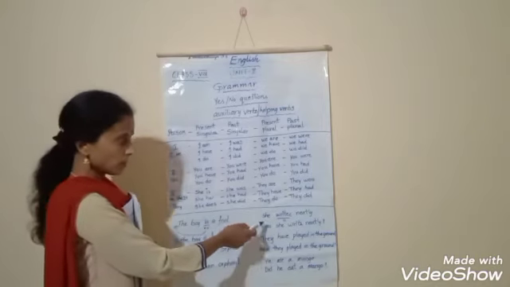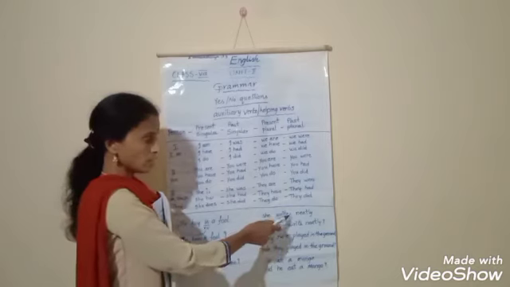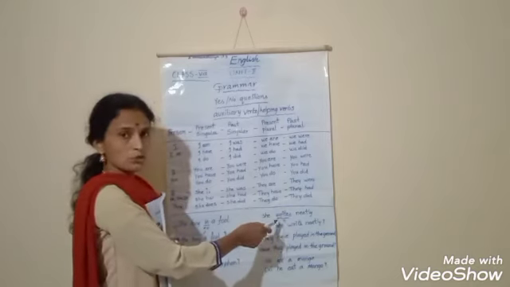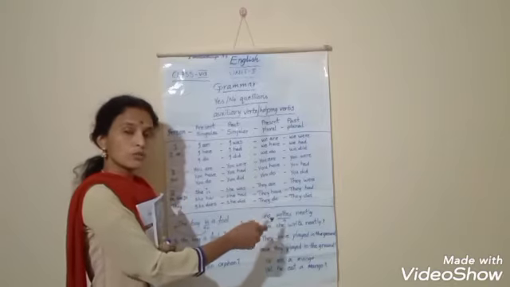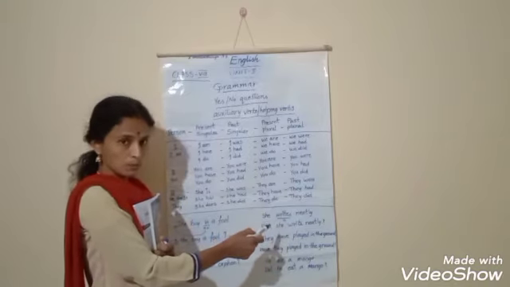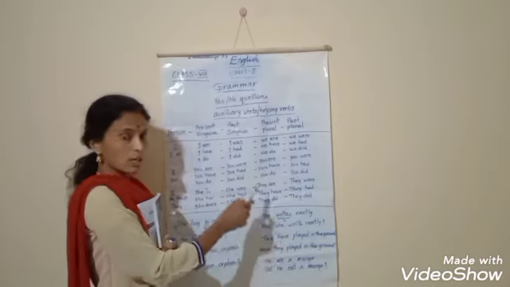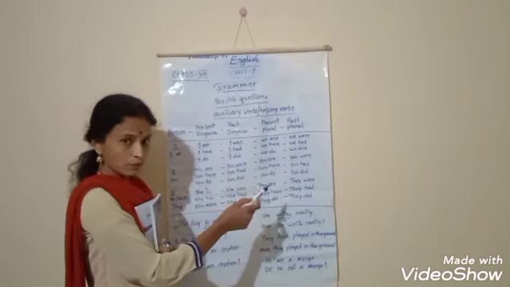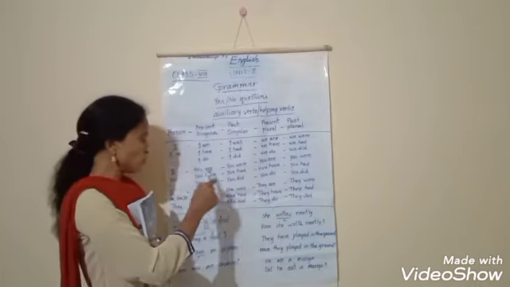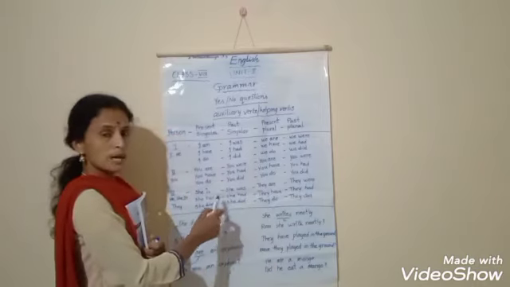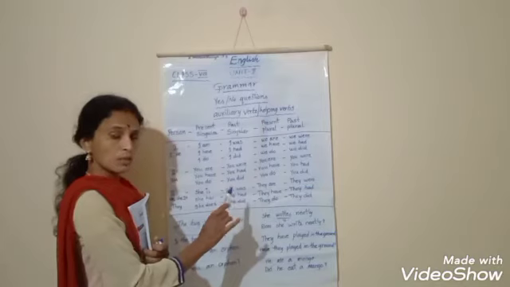So here you can see the third person. She writes neatly. Did you find any auxiliary verb in this? No. So whenever you do not find any auxiliary verb like is or have, then we use do forms, right? The present do forms are do, does, and the past do form is did.